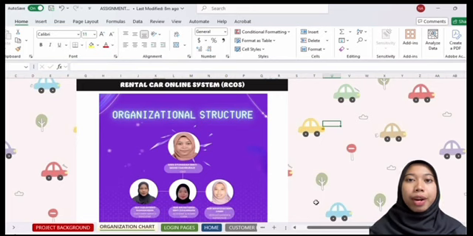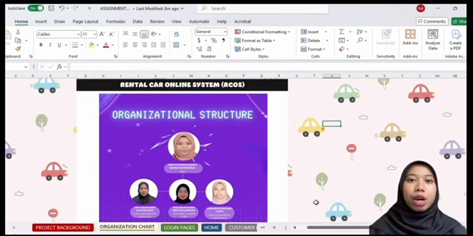Next, we have NATASHA binti ZULKARNAEN, who takes on the role of account and admin clerk. Her responsibilities include handling the project documentation, organizing files, preparing reports and managing our financial records and administrative tasks. Then, we have Aqilah binti SHAHARUDDIN, serving as our customer service executive. She is responsible for understanding user needs, helping to design the customer interface, and making sure the system provides a user-friendly experience that meets customer expectations.